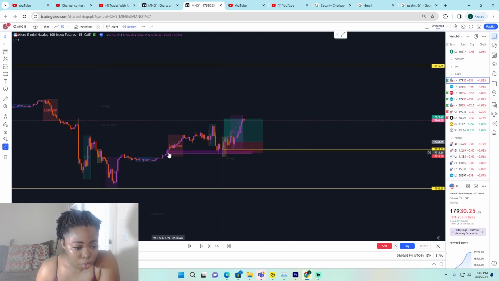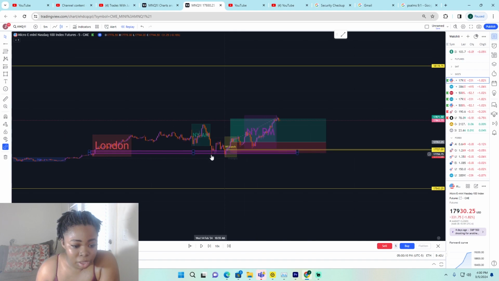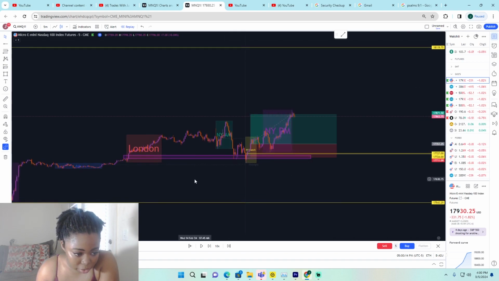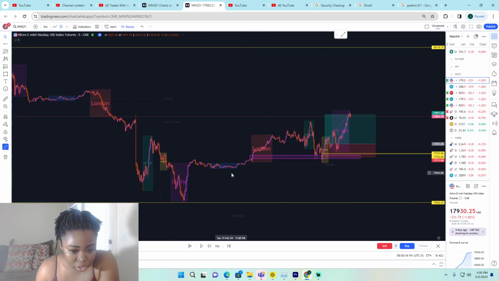And so when price left this fair value gap right here on the 15-minute, then I went down to the 5-minute time frame, and I waited for price to return in this area right here. Once it did return in that area,